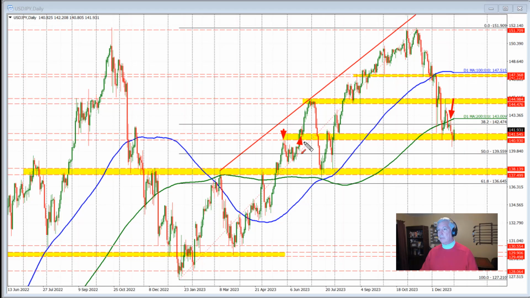This swing area down through here, where we had a number of different swing lows and swing highs, formed either a support level or a resistance level through here before moving to the upside. We did move down and test that level in December, and then at the end of December we fell below that level, but then rebounded, and today we came down toward the low of that level before bouncing